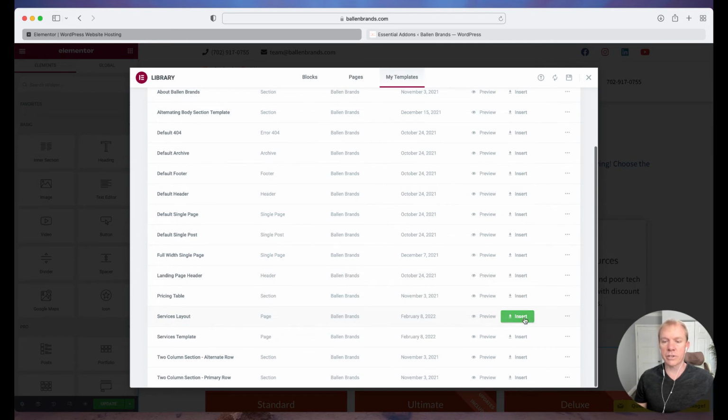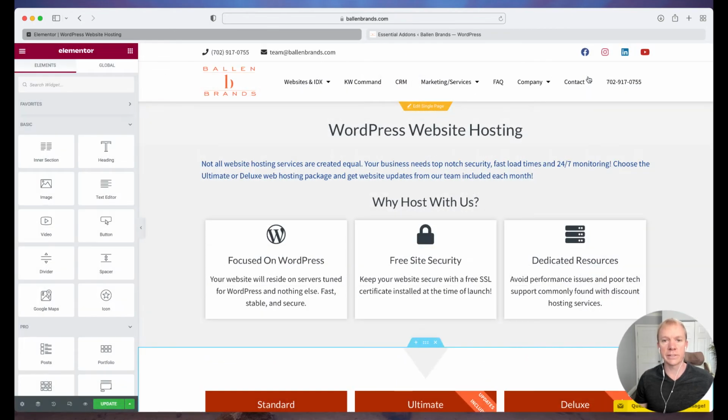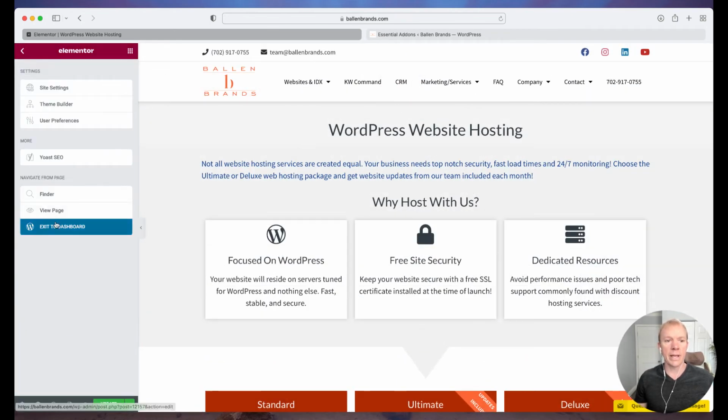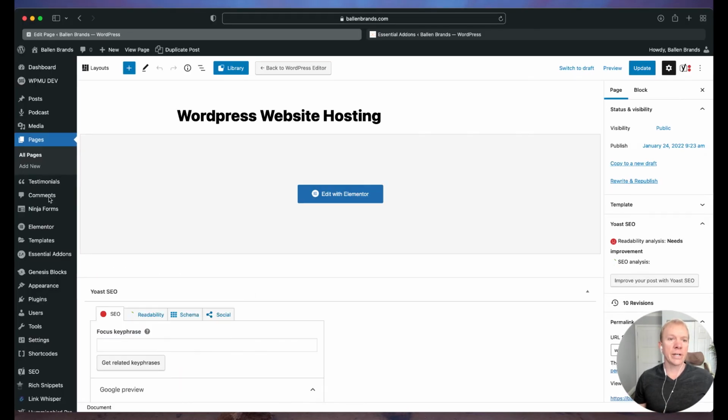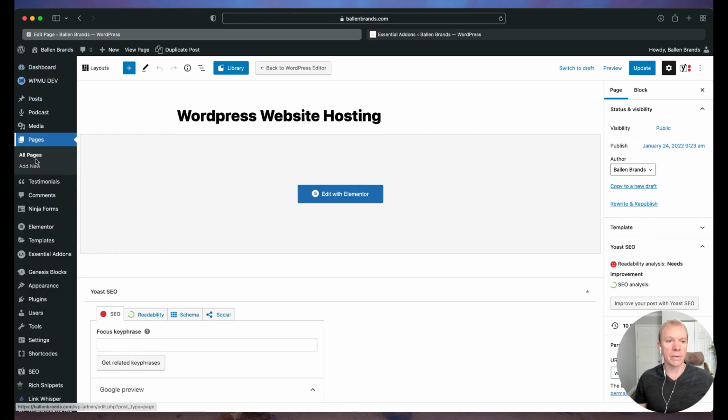And I'm not going to hit insert because that would insert it onto this particular page. I don't want to do that. I've already created this particular page. So I'm going to go ahead and close out of this. And now I'm going to exit back to the dashboard to get out of the original page that I built. But now that I have that as a template, I can go and create any new pages. Go to pages, add new,